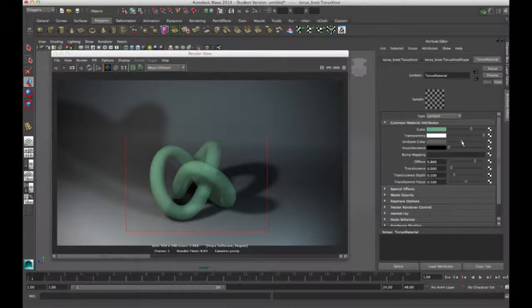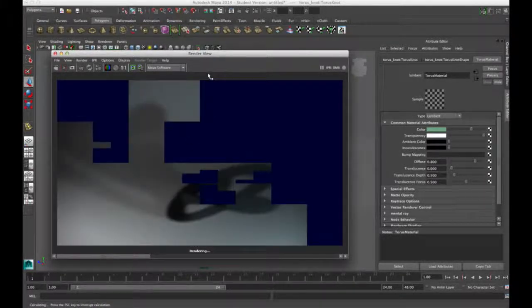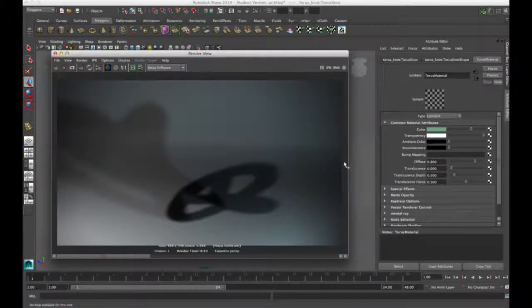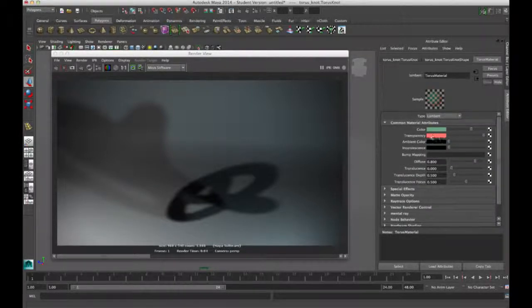I can have my transparency all the way to white, and that will make the object completely disappear. Now notice, if I go to my transparency and change the color, this is white, so it makes the object completely transparent. If I select, let's say, a pink color here, and that's my transparency,